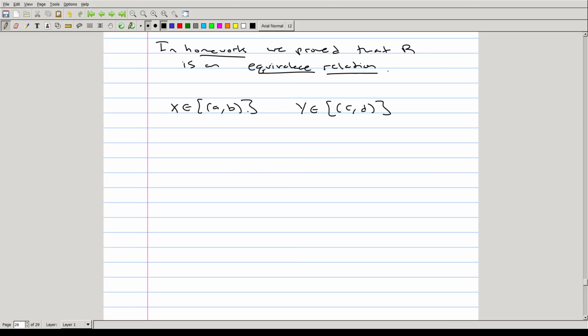The correct way to add x and y, so for instance, to add (a, b) plus (c, d) in the rational numbers